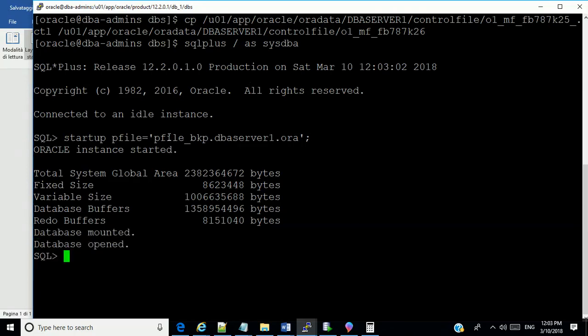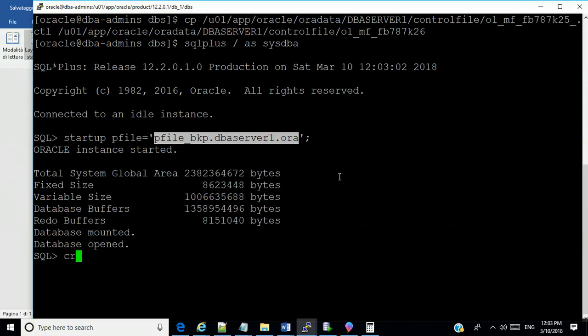So it has started up by using the pfile, not the spfile. Okay. I can now create an spfile from this pfile. Already, what it has used is the parameters that were in this text file, this pfile.